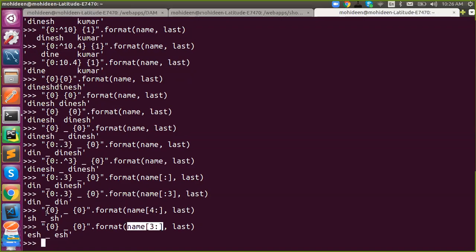So in this formatting, we can do from the start. There's no way to do it from behind. So if you want to do something like that, you have to use the indexing method while you're passing the inputs, like this. Okay, sir, got it.